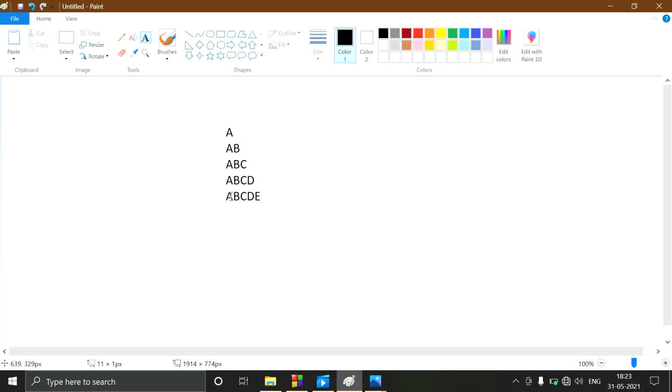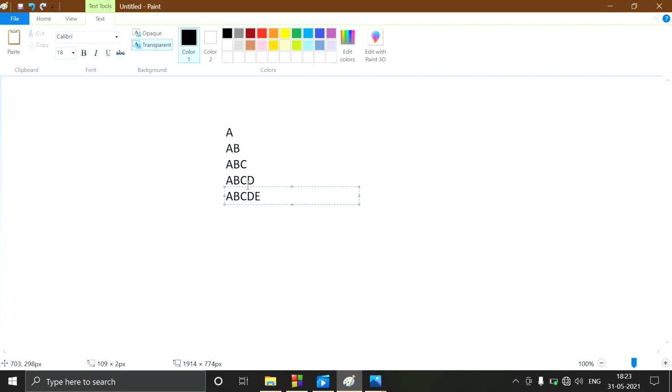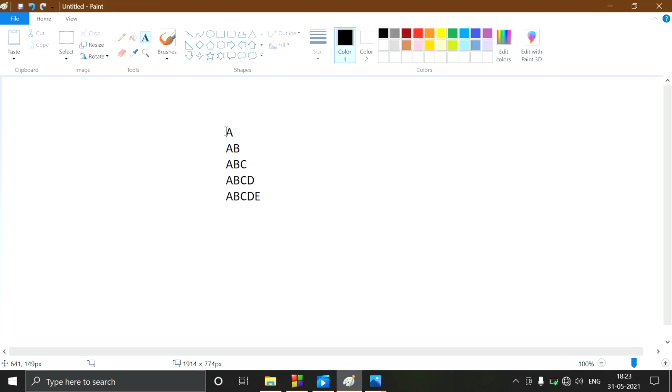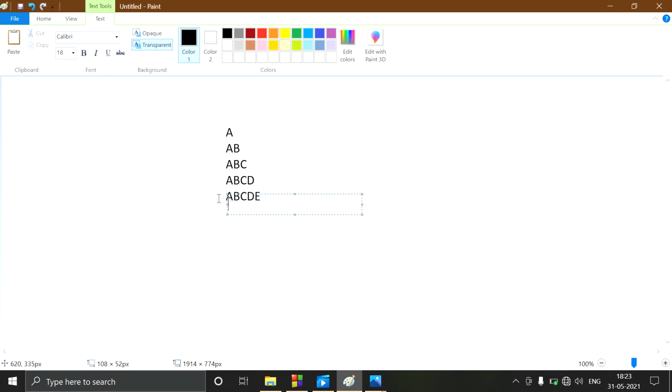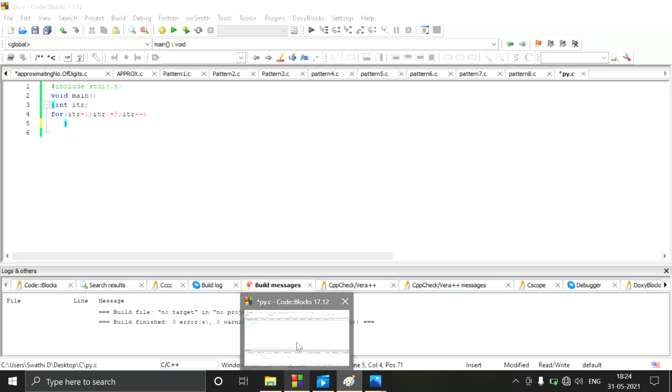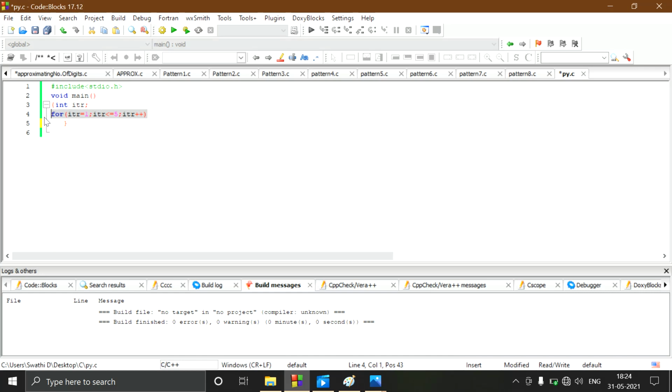Just look at this last word. From this we can get an idea that we can form many patterns. That is, from this itself we can extract all of these. We can get A, AB, ABC from this single string. So we just want this single string, and from that we can extract each word or characters which we have to print. That makes some logic, right? So we can try to code this. Okay, so